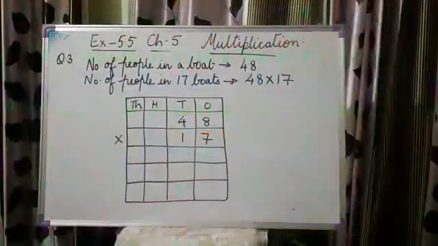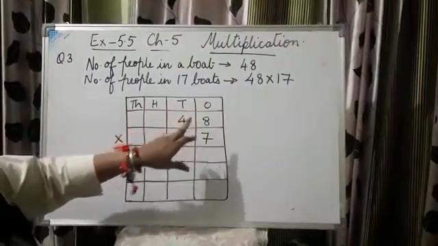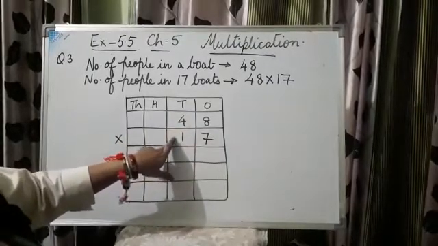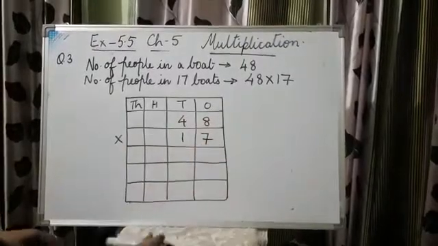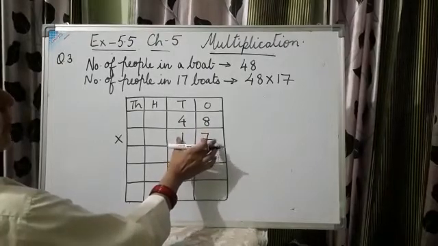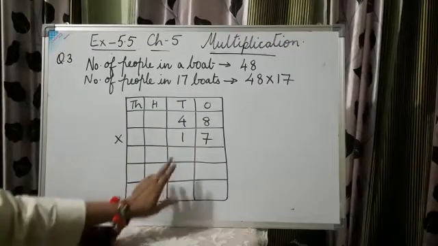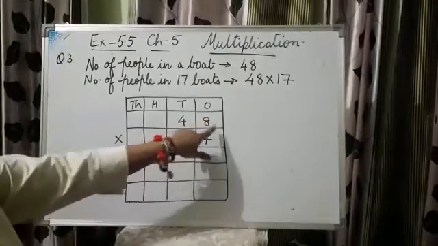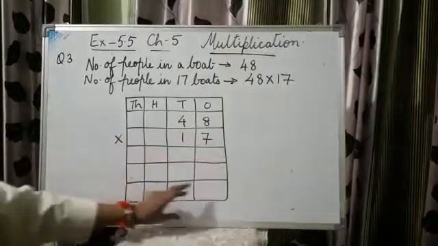For this, here I have drawn the blocks. First, I have written the places. And the next step is to put the numbers in the blocks, each digit in each block. 48 multiplied with 17. Now, 48 has to be multiplied with 17. So, since 17 is a 2-digit number, we have to do the 2-digit multiplication. First, we will multiply 7 with both these digits, then 1 with both these digits. Then we will add up both the products and get the final product.